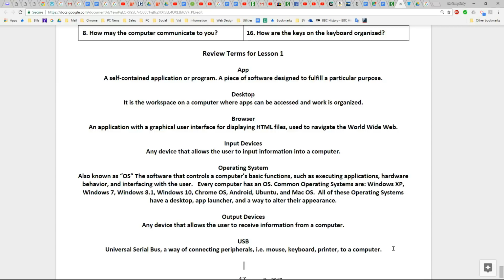All of these operating systems have a desktop, app launcher, and a way to alter their appearance. Output devices. Any device that allows the user to receive information from a computer. USB, Universal Serial Bus. It's a way of connecting peripherals such as mouse, keyboard, printer to a computer.